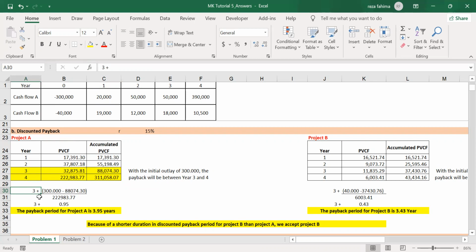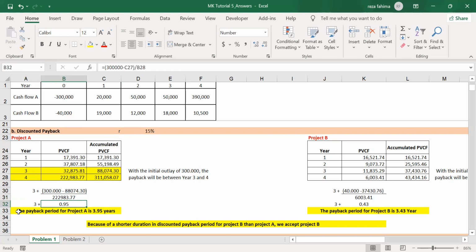So 3 plus your initial investment, 300,000, minus the accumulated cash, present value cash flow from the earlier year, which is the 3rd year, and it is 88,074, sorry, divided by the present value cash flow of the year 4, and then you calculate it, you get this number